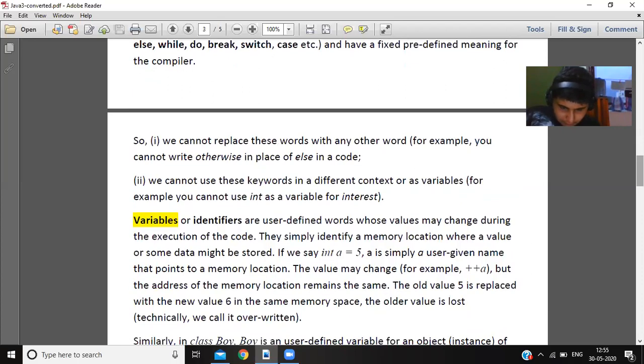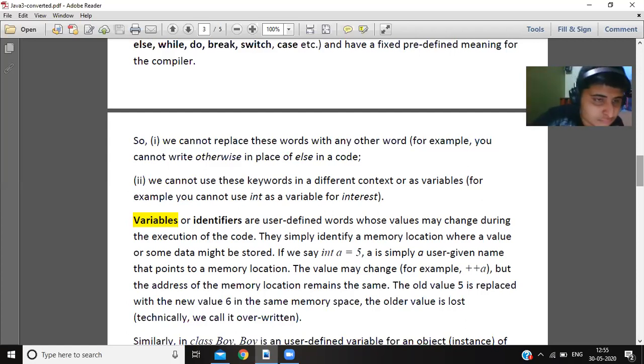So we cannot replace these words. When you're writing if else, in place of else, I cannot write otherwise. Else and otherwise mean the same thing in English, but in Java, can I write otherwise? If a equal to 5, print pass, otherwise print, no, I can't write that.